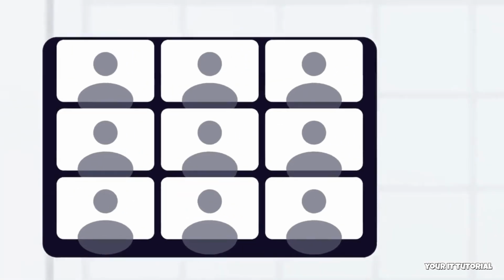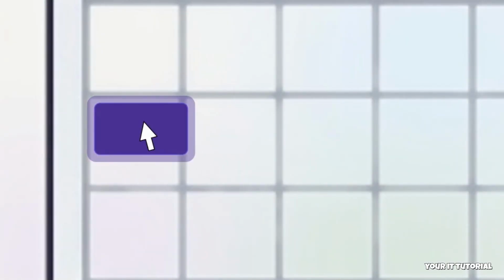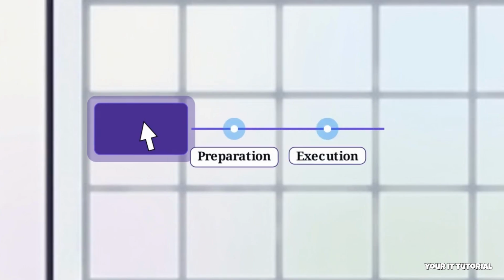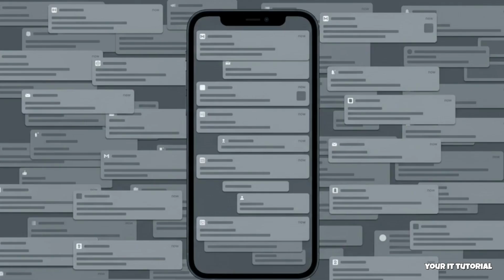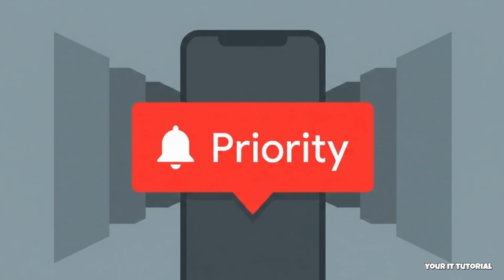Understanding this engine requires looking past the video call itself and starting with the architecture of the team's calendar. Controlling the foundation of a meeting allows the organizer to shape the entire event's trajectory long before the camera turns on. During the scheduling phase, you can assign structural roles, like designating co-organizers and presenters, to establish clear governance over the meeting. You can also configure priority notifications to bypass daily digital noise, ensuring your most crucial stakeholders receive an